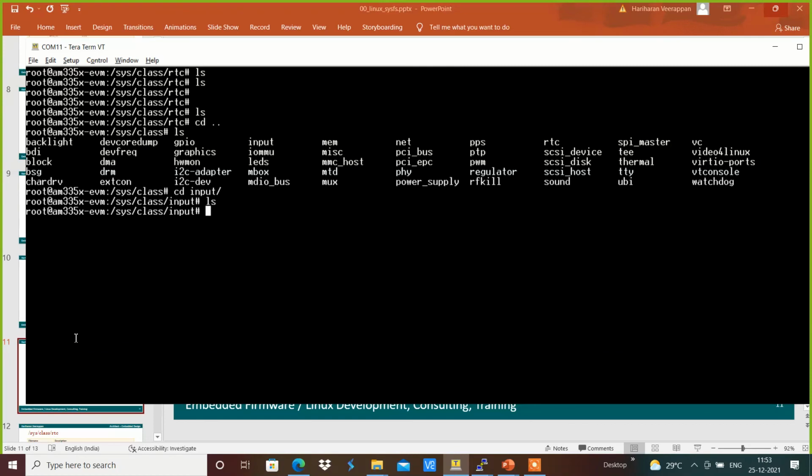A USB device is an input device. I'm going to connect it to the USB port over here. Yeah, I just connected it.